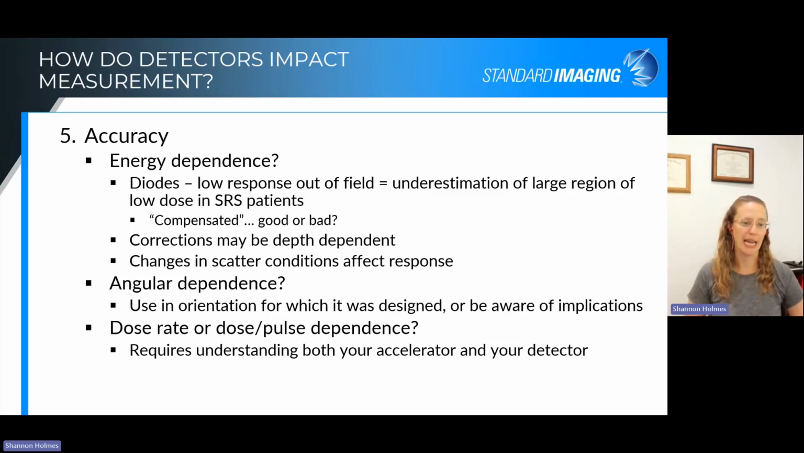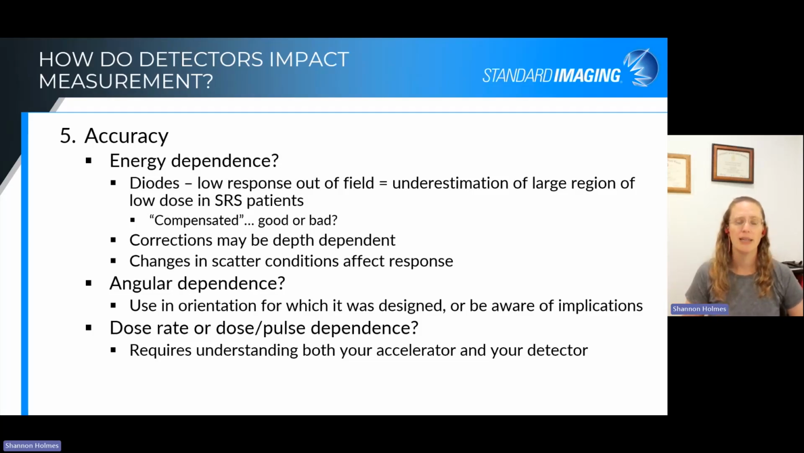If there's an angular dependence for your detector, that can affect your accuracy. So I always recommend that people use a detector in the orientation that it was designed for, or be aware of implications of using it in a different orientation. It may take a little more investigation on your part to make sure that